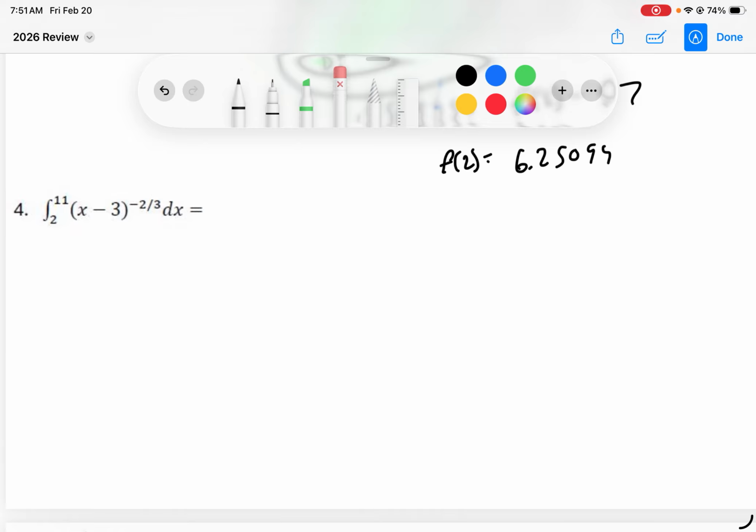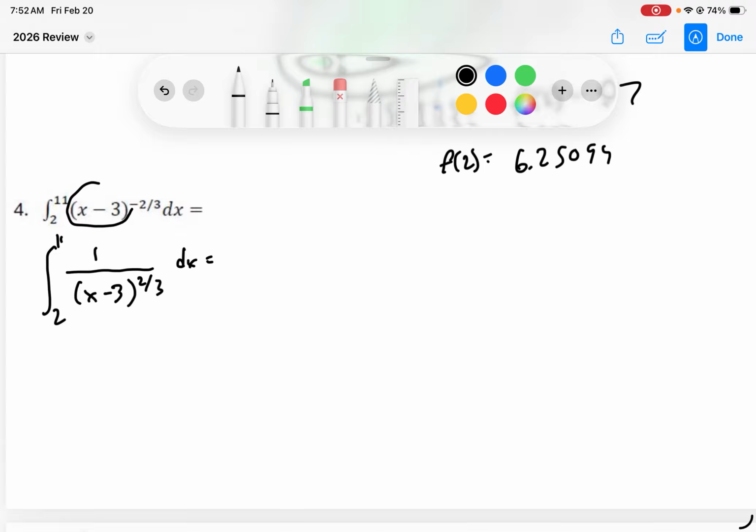So the area under that curve from 11 to 2, it's not calculator active though. So if I was to graph this, I'm going to have a vertical asymptote. And we have to do this without being able to see a graph. So we have to know if I rewrite this as a positive exponent, that this whole part becomes like the